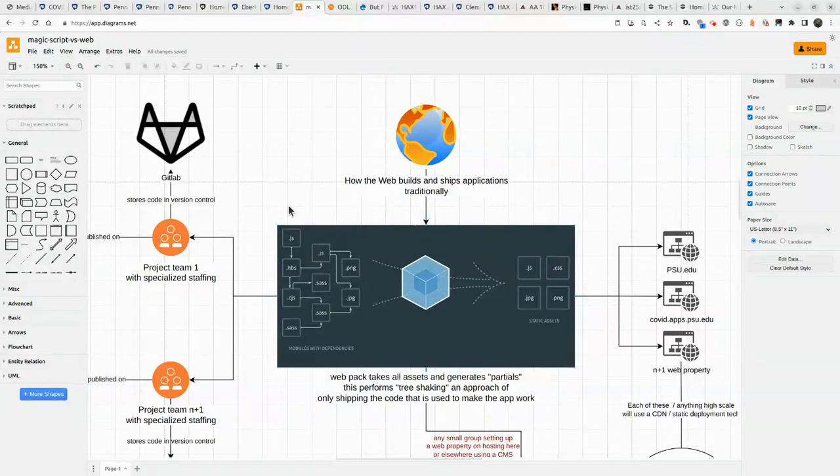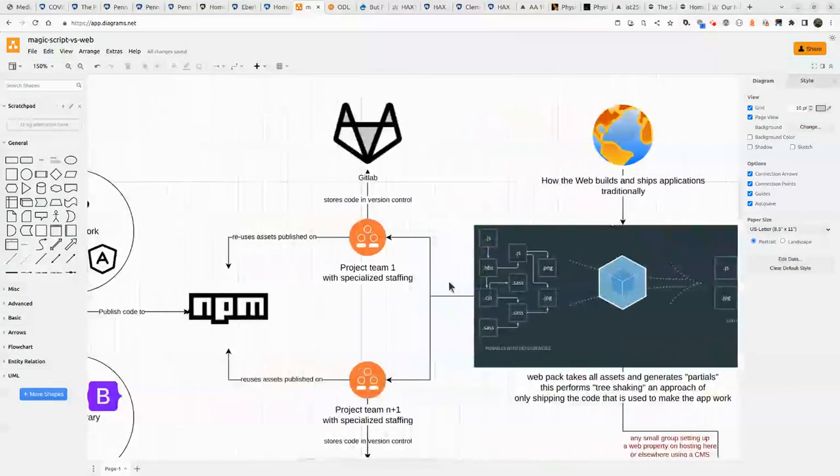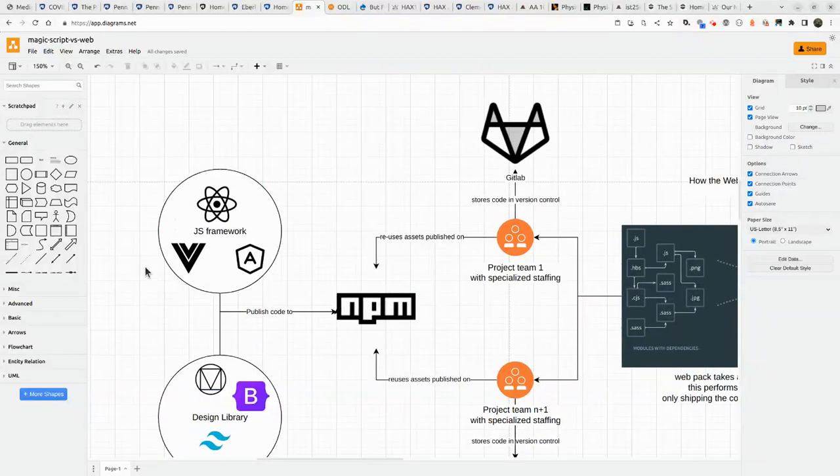And it's a piece of technology that takes distributed assets across hundreds of projects and combines them into small bundles. This approach, known as bundling, is how we see modern websites and web assets. Now, when teams are developing these new projects, they're typically drawing assets from a technology called NPM, or Node Package